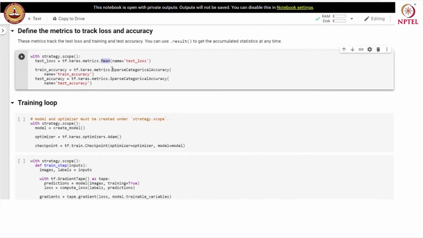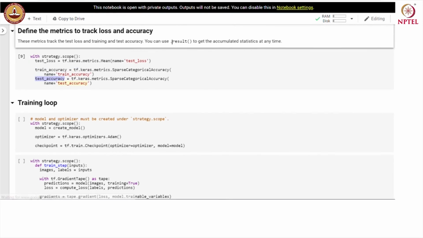We also use sparse categorical accuracy as another metric for training accuracy and test accuracy. And we can use dot result to get the accumulated statistics at any time.